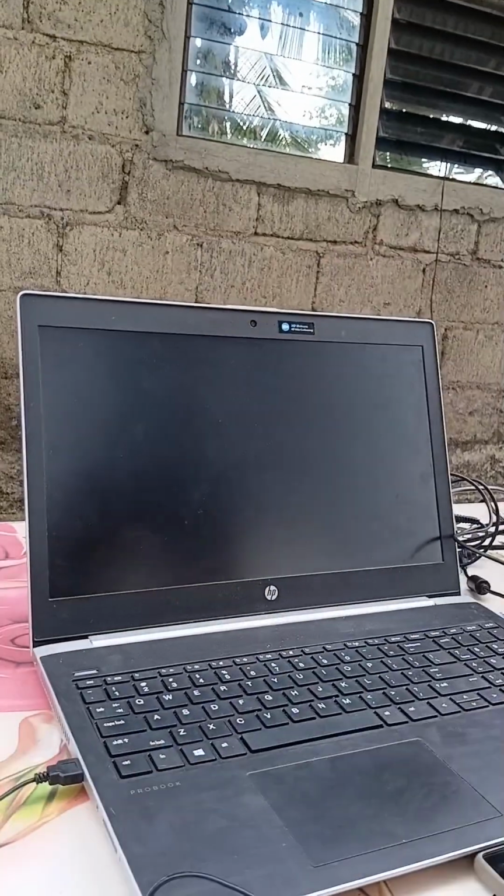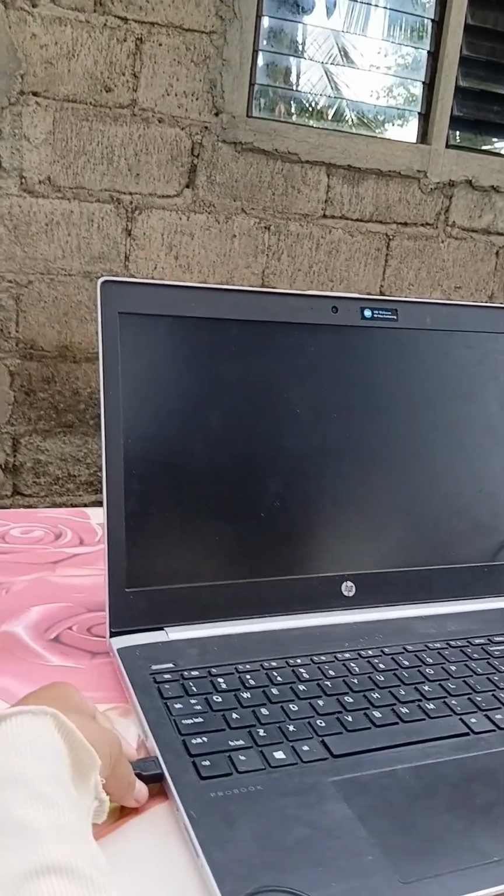And in this step, I configure the IP address of the first laptop.